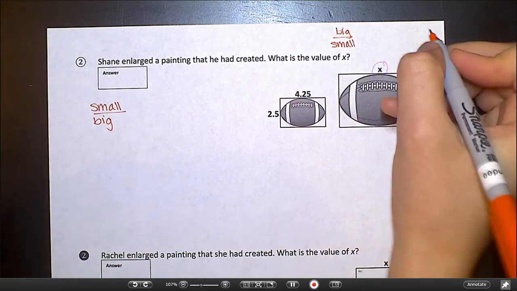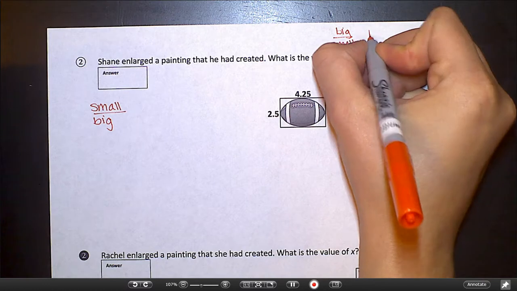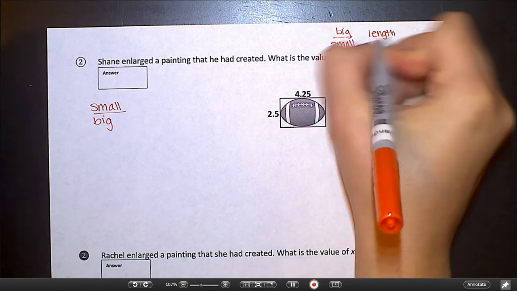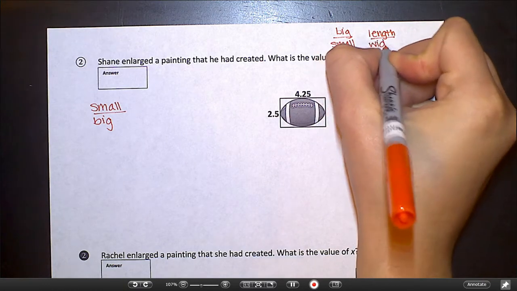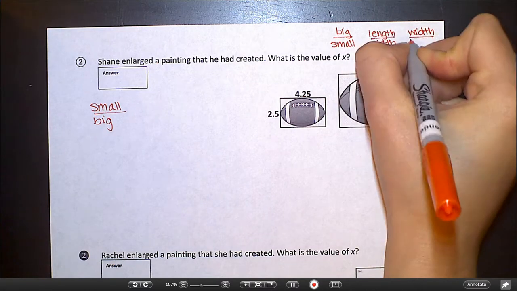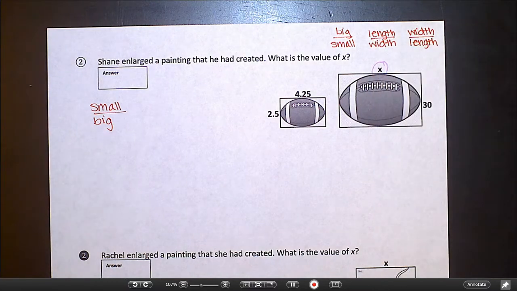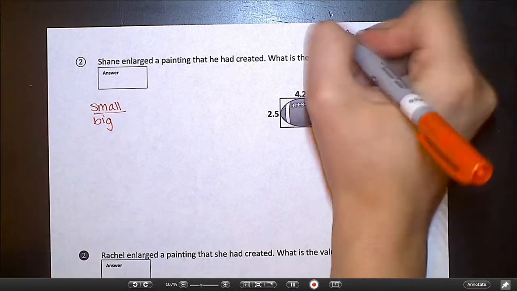You could do length over width, or you could do width over length. Any one of these will work for you as long as you're consistent. So the biggest problem that I was noticing when we were doing whiteboards before Thanksgiving was that we would name